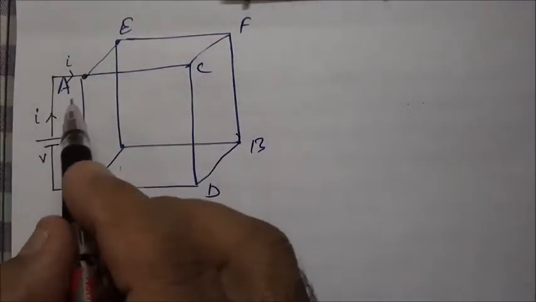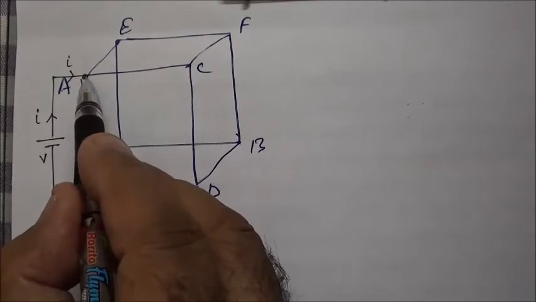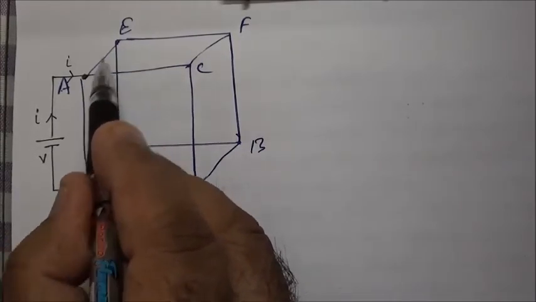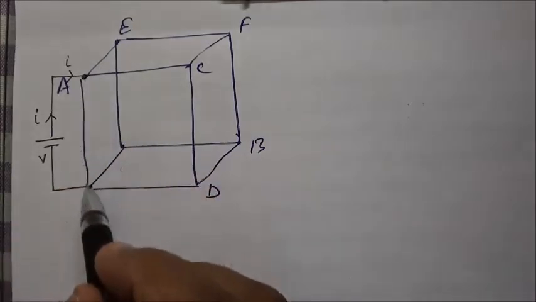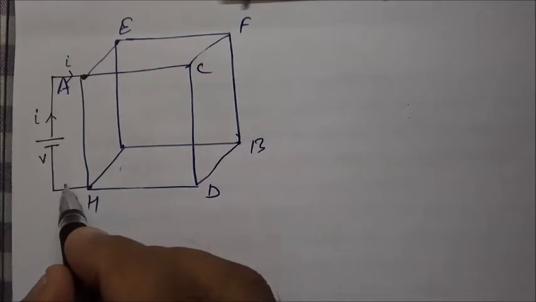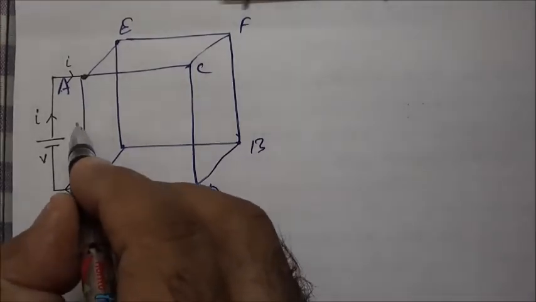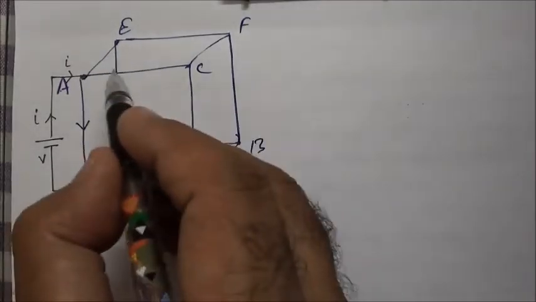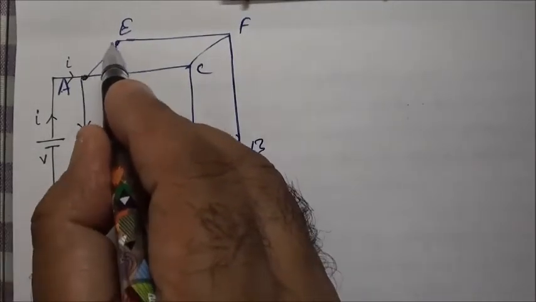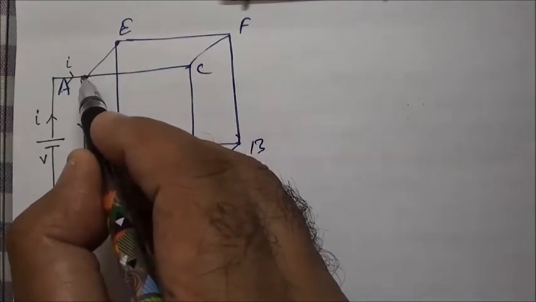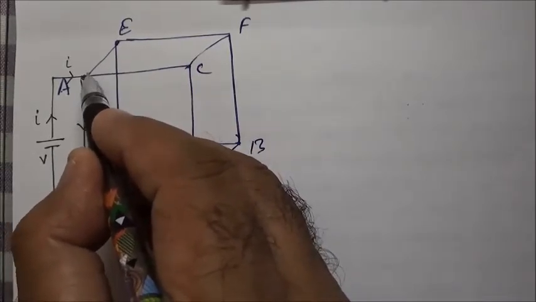Now just as I told you, you have to see there are three paths. The current will be divided into three parts, one this, and one this. This is the shortest one, A to H, and then current will go here. So this may get some current which is different from the current in these two, but these two paths seem symmetrical. See the shortest path that current can take when it is moving through this.